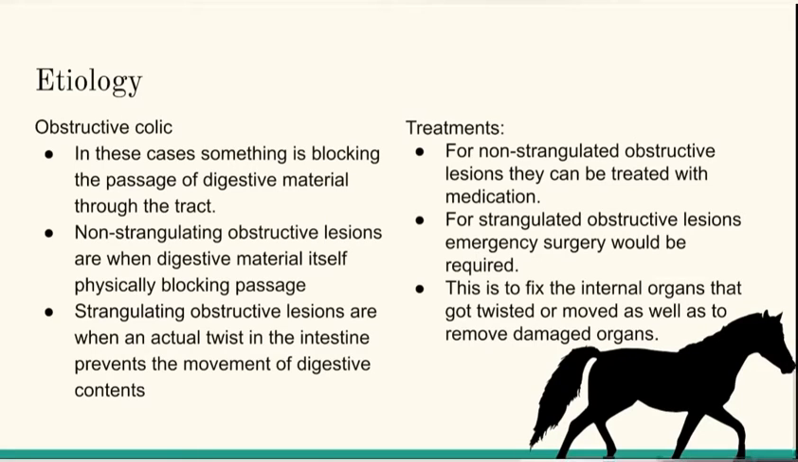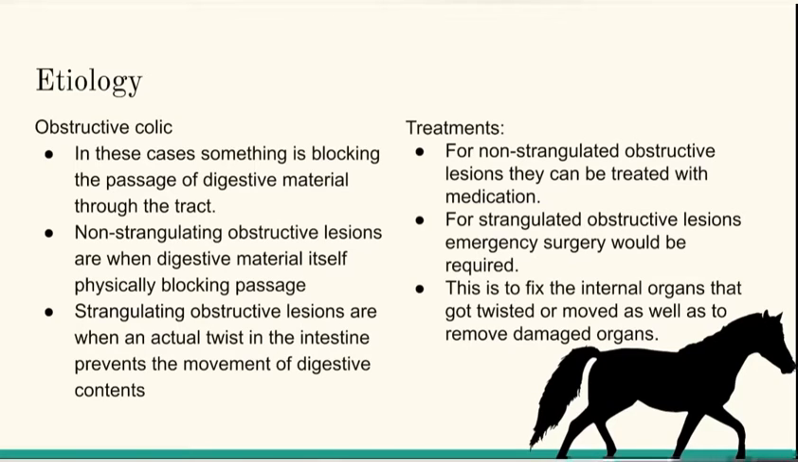Etiology 2. Obstructive colic. In these cases, something is blocking the passage of digestive material through the tract. There are two types. Non-strangulating obstruction lesions is when a digestive material itself physically blocks the passage. The second type is strangulating obstructive lesions, and this is when the intestines actually twist or prevent the movement of